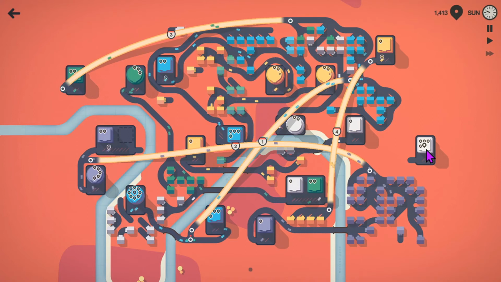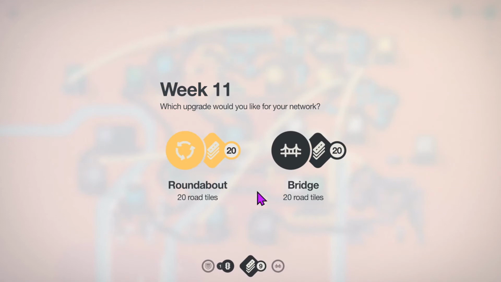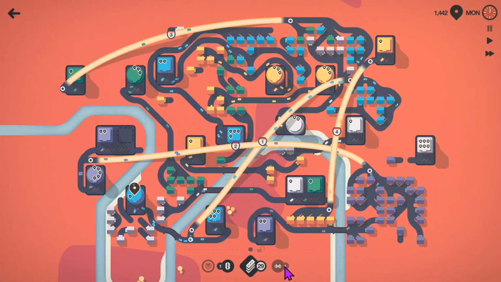Come on, come on, come on. Sunday, 6 hours left. And we don't get a motorway. Horrific. Okay, right, let's take a bridge. And we can then work out what we're going to do here. So we could potentially